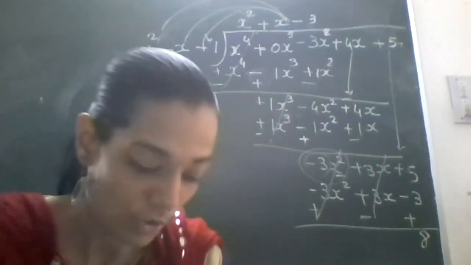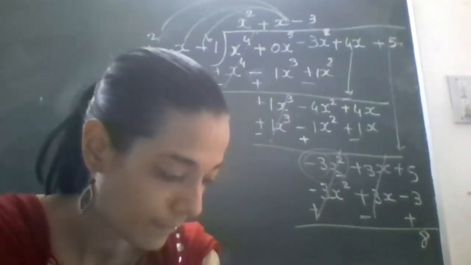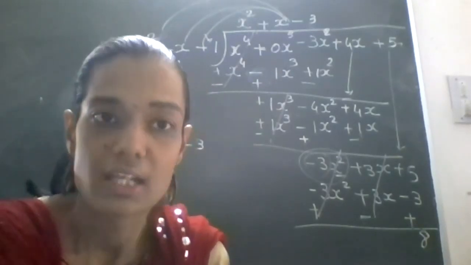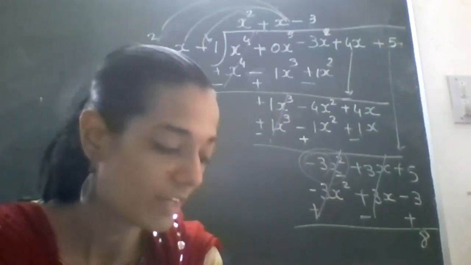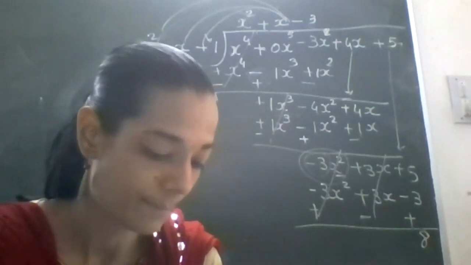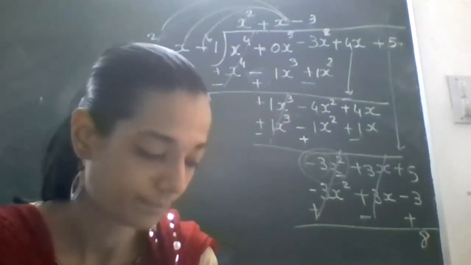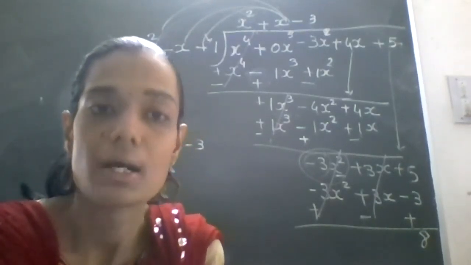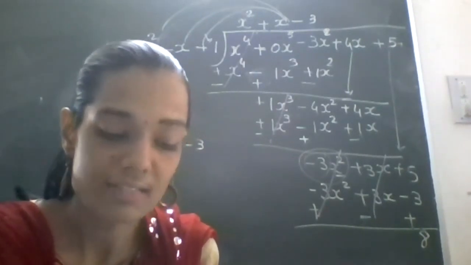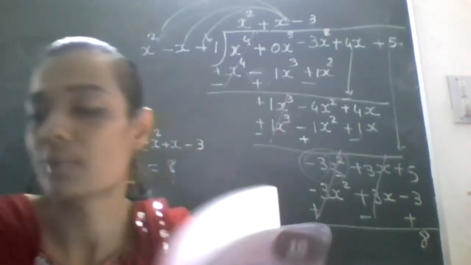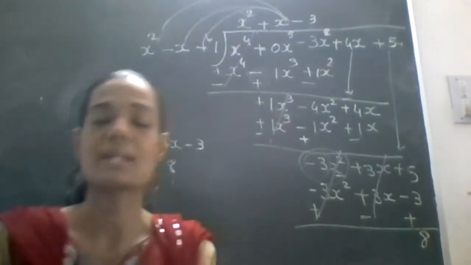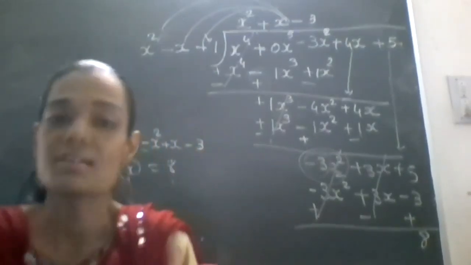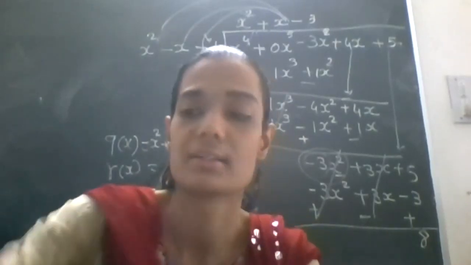Okay. So just try to do third, fourth, and question number 2 also, you just complete it. Your homework is question number 1 in third question and whole question number 2. In that 3 sums are there. You have to go for the division. In second, what you have to do? If your remainder is coming 0, then it is a zero of this. It is a factor of this polynomial. And if we are not getting remainder 0, then it is not a factor. It is not the zero of the polynomial. If remainder is 0, then it is a factor.